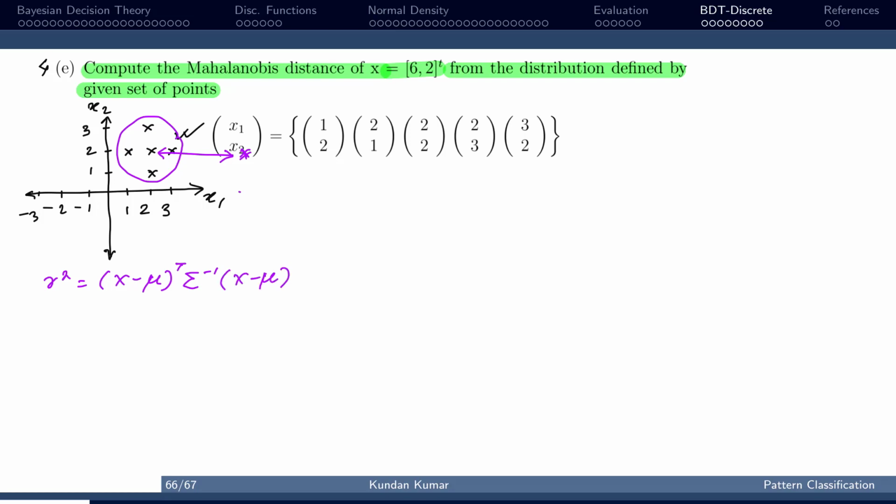So here we have to compute the mean value of these points and the covariance of this distribution. So let us compute the mean, which is mu equal to